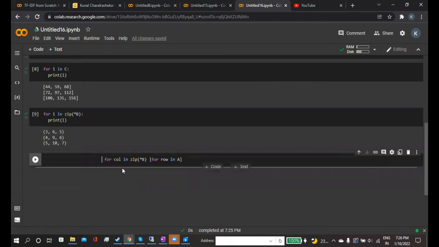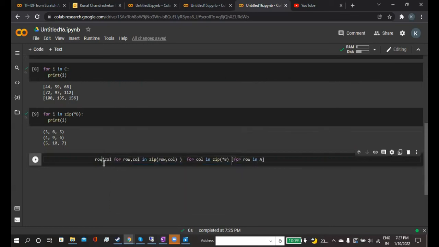Then we have to use zip functionality again, and we will zip this row and column together, so it will come as a tuple. Then we will retrieve those rows and columns separately and multiply them with each other.